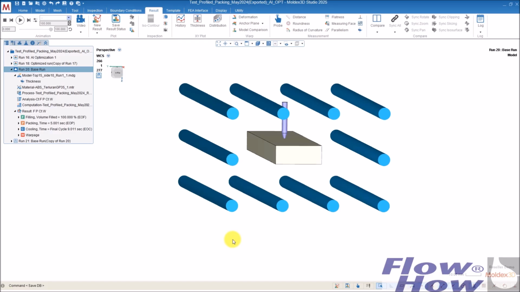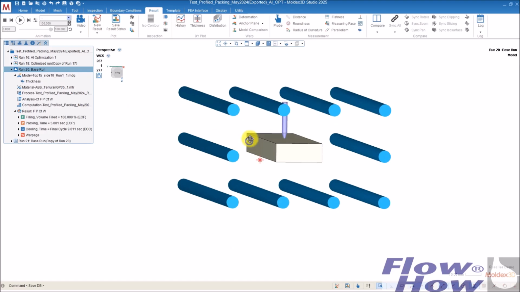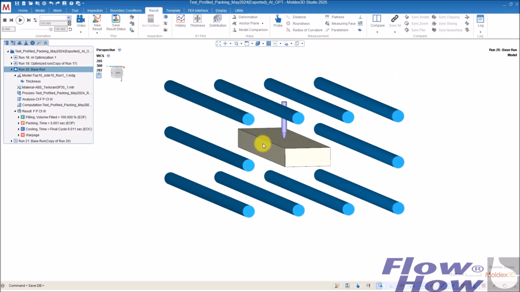In this video, I want to show you how you can use AI optimization in Moldex 3D 2025. First of all, AI optimization is the same, you can say, as a DOE, where you build up a process, a set of tests, and from that you draw some conclusions.